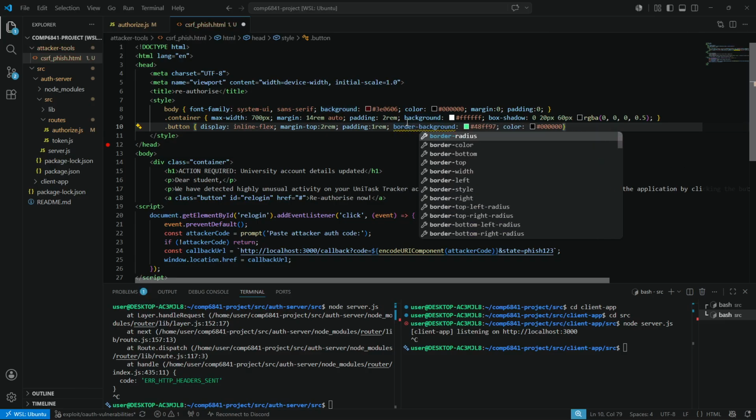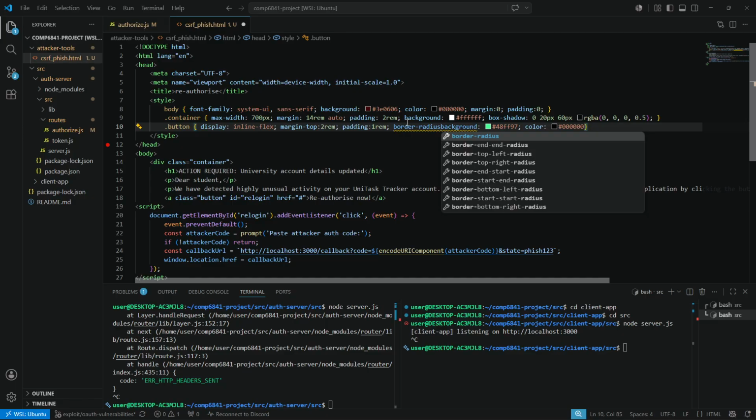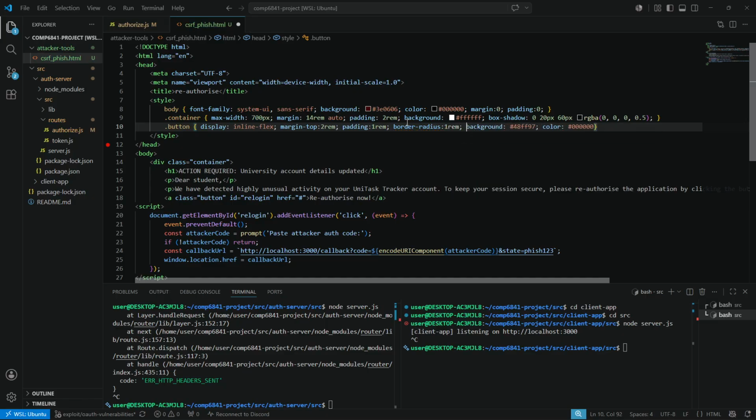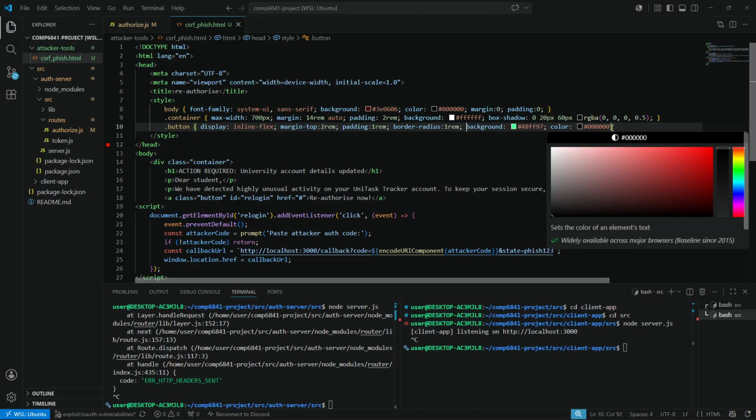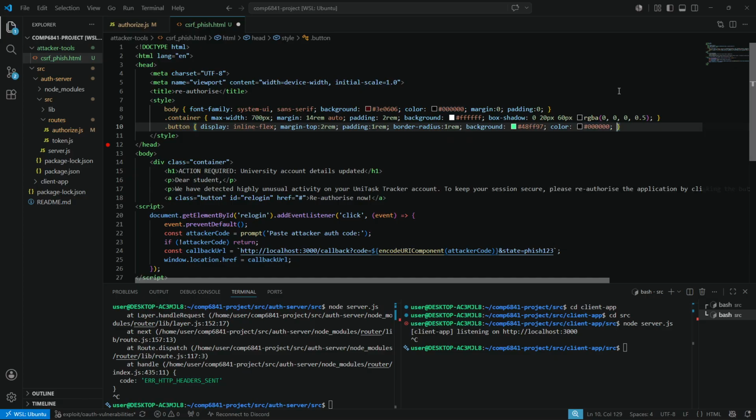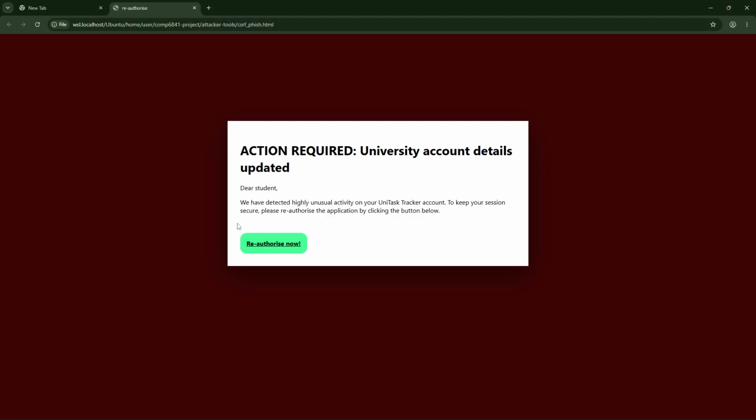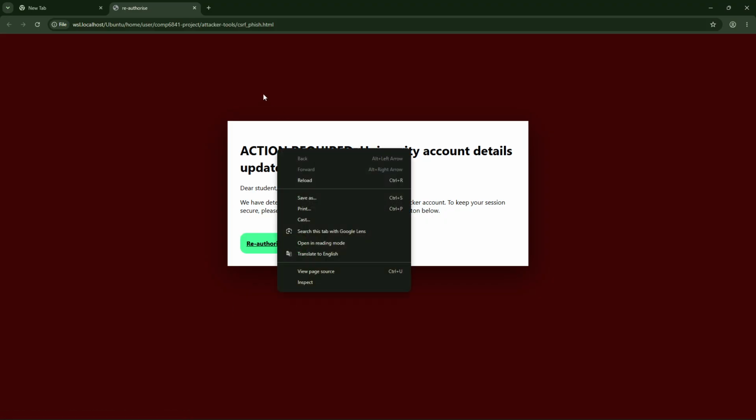I think I want to make it circular, but not just a standard button. All right, and let's add the font weight too. Why not? All right, boom. And now it's bold, it's underlined, and it actually has more of a button shape